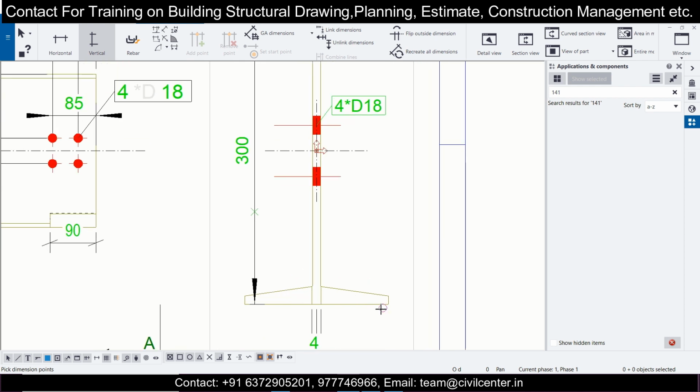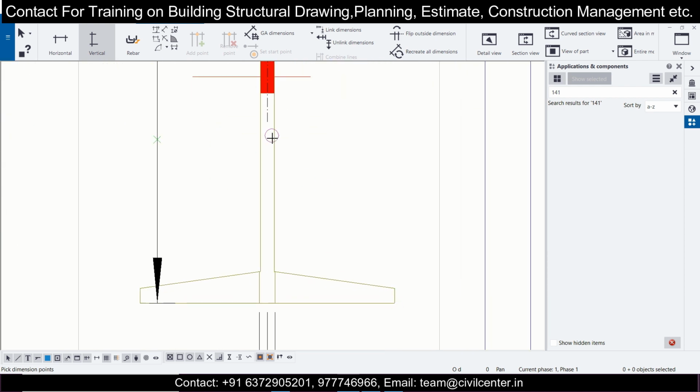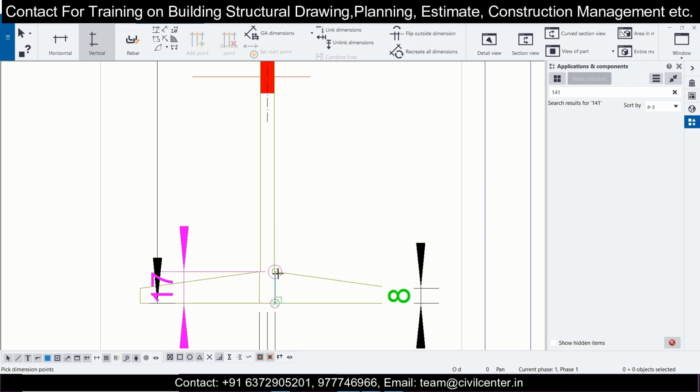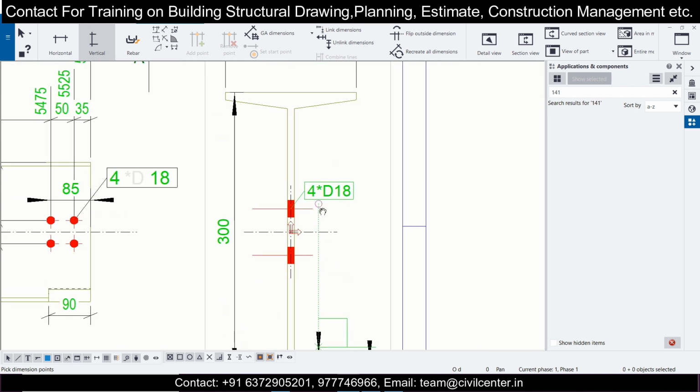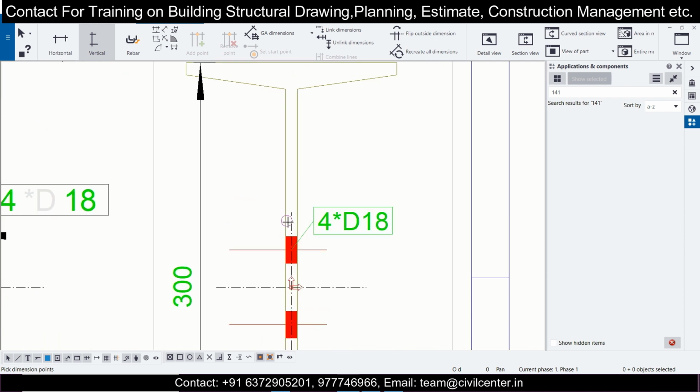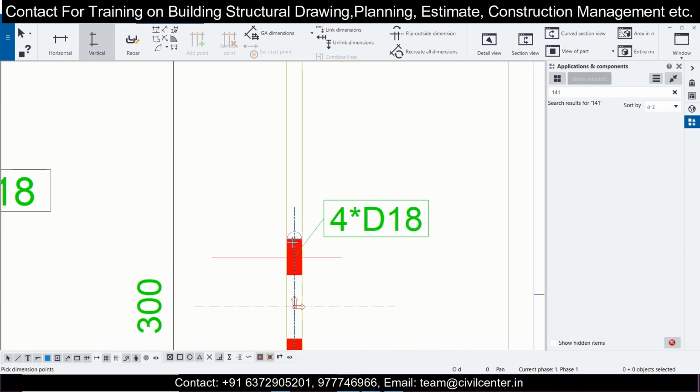And after that, if you want to check out this thickness also, just can check out this thickness, middle click. Here also you can just check out this thickness, middle click. Like this you can take your dimensions to whatever area which you want.